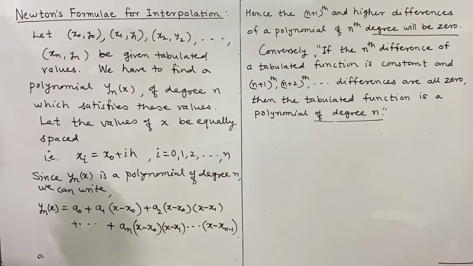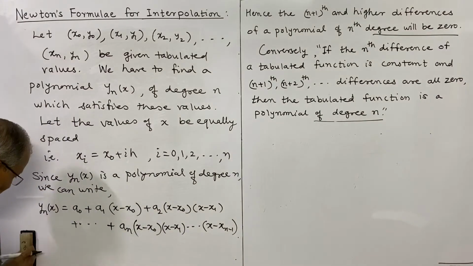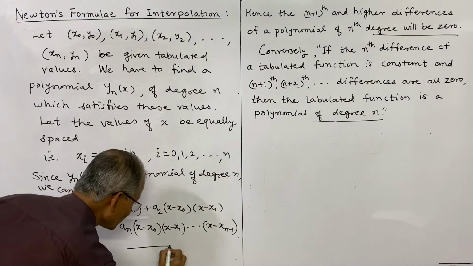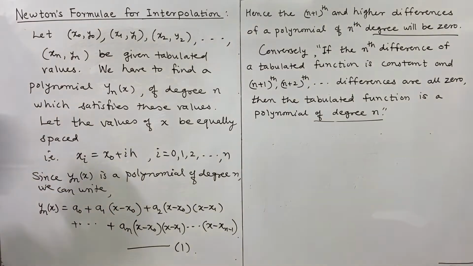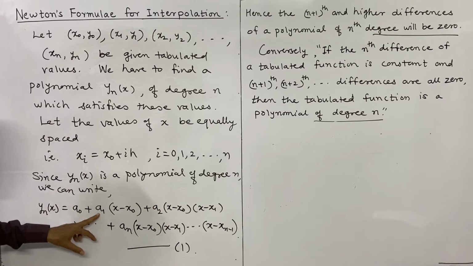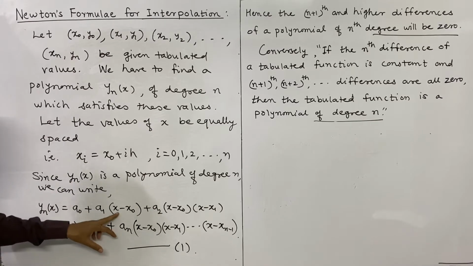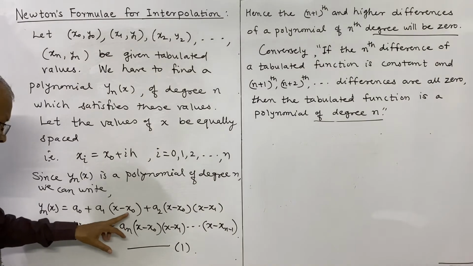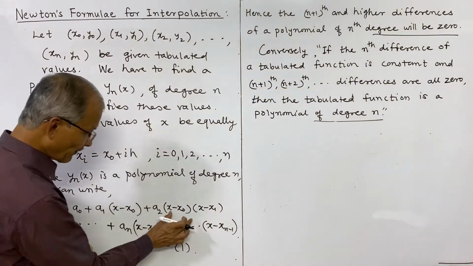So this is the expression for the polynomial that we have assumed. We shall suppose this as 1. How can we consider this? You see the powers of x. Here a naught is a constant. This is a1 into x, the term of x, plus a2,